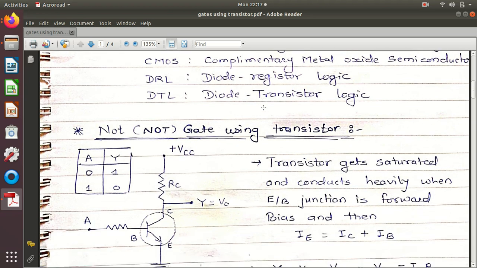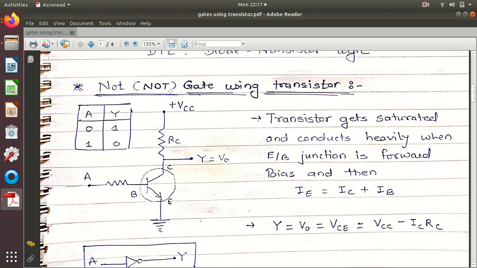So, come to the point. A NOT gate, also known as the inverter, is a gate which inverts the input. For example, if the input of a NOT gate is 0, that is logical low, then its output will be 1, that is logical high. Here you should clear yourself about the logical high and logical low concept, the 0 and 1 concept. This is something that is related with the binary digits, right?